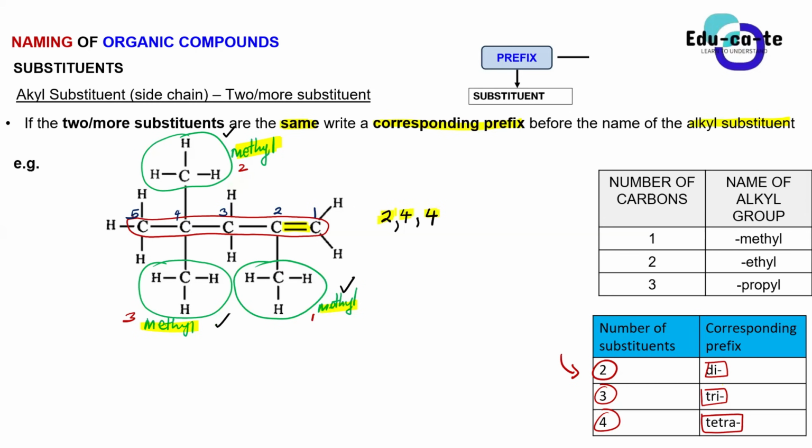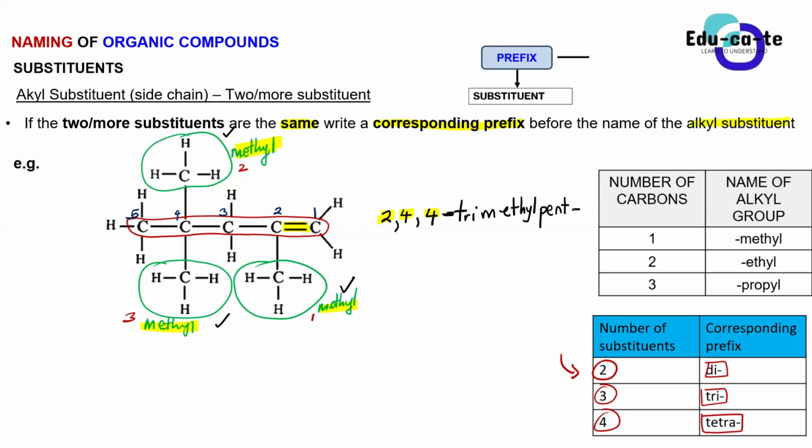And then you can continue and proceed with the naming. The corresponding prefix, if we have three methyl groups, we are going to start with a tri before we write our substituent's name. In this case, we have 3 of them in total, and these are all methyl groups. So this is trimethyl. And then you go back to your normal way of naming things. When you're naming these organic compounds, you count the number of carbons in the parent chain. In this case, there are 5, so you must have some pent there. You start just writing the pent.